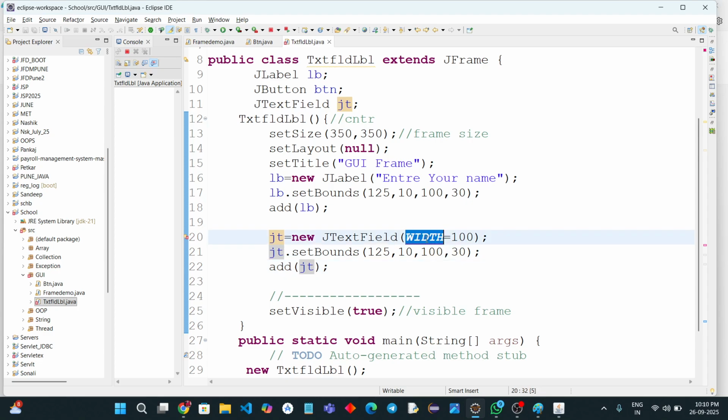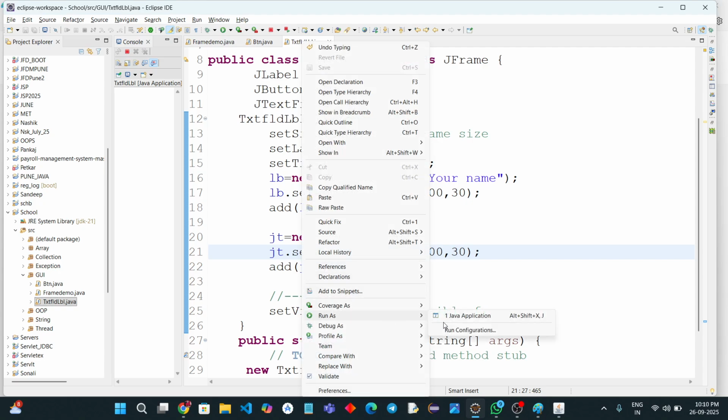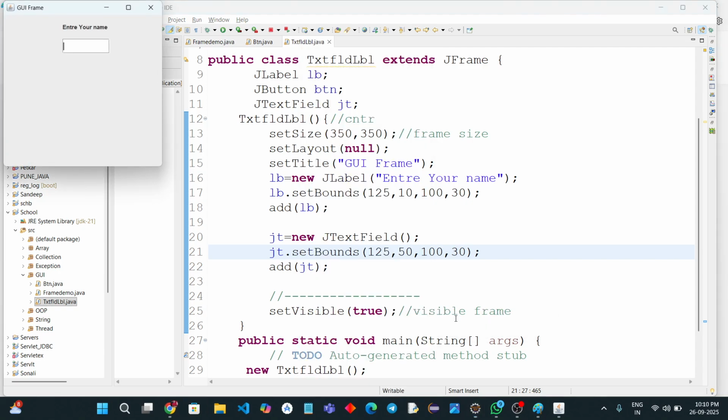Width is not compulsory, so let me remove this. So the default width will get added. But now I want the X position to be the same. Only I need to increase the Y position. 10 plus 30 will be 40, so let me add here 50. So let's check now whether that is added properly. It's below,